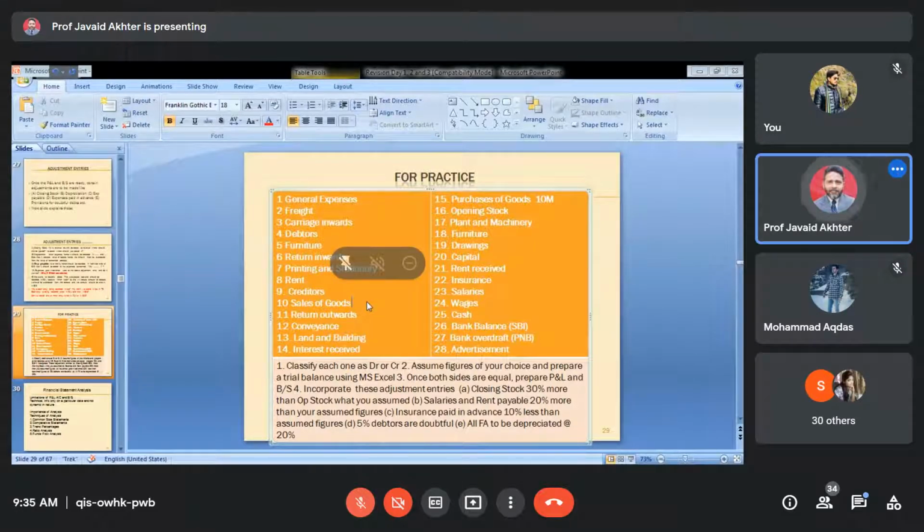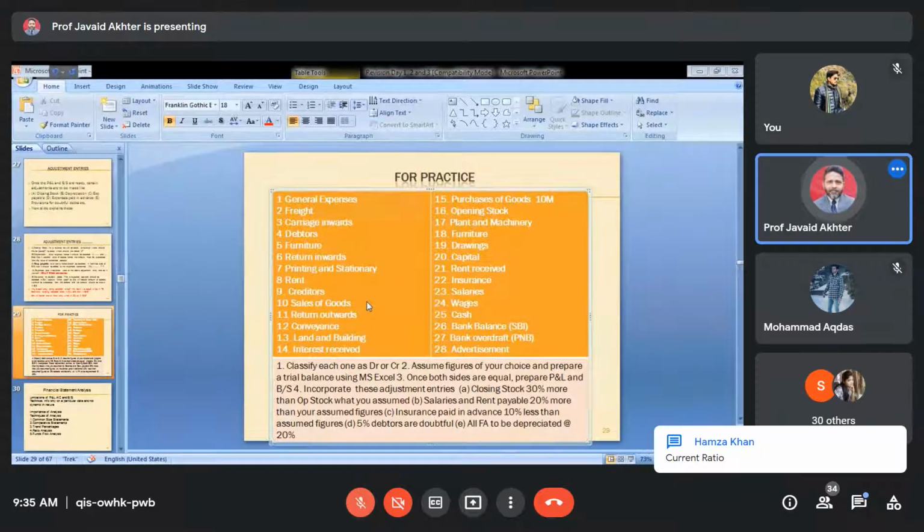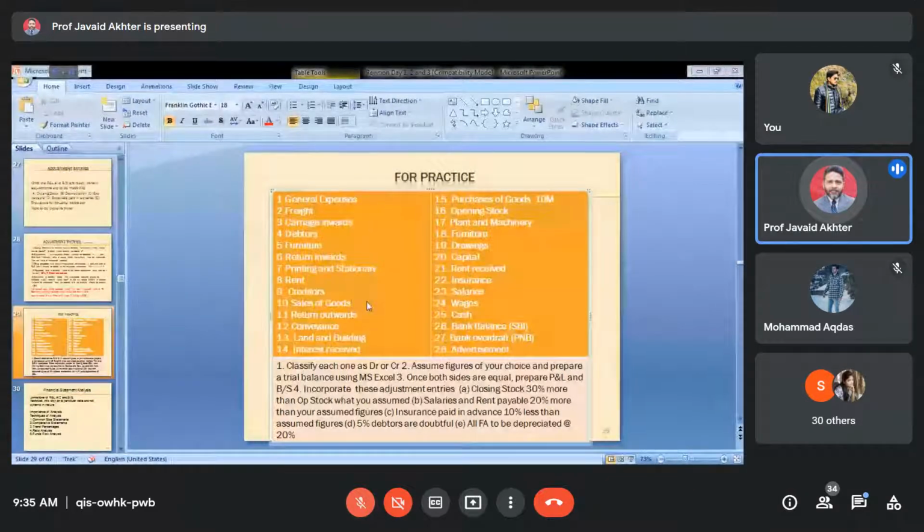What is ideal? Let me say the total value of your current assets is 1 million. So liability should be half of it. You have assumed purchase and sale is 10 lakh, a difference of, let us say, 1 lakh. Expenses you should not assume to be more than 1 lakh. Usually business runs in profit. You can assume any figures of your choice. Randomly write anything: 1 million here, 10 million here, 2 rupees here, 3 rupees here, 5,000 here.